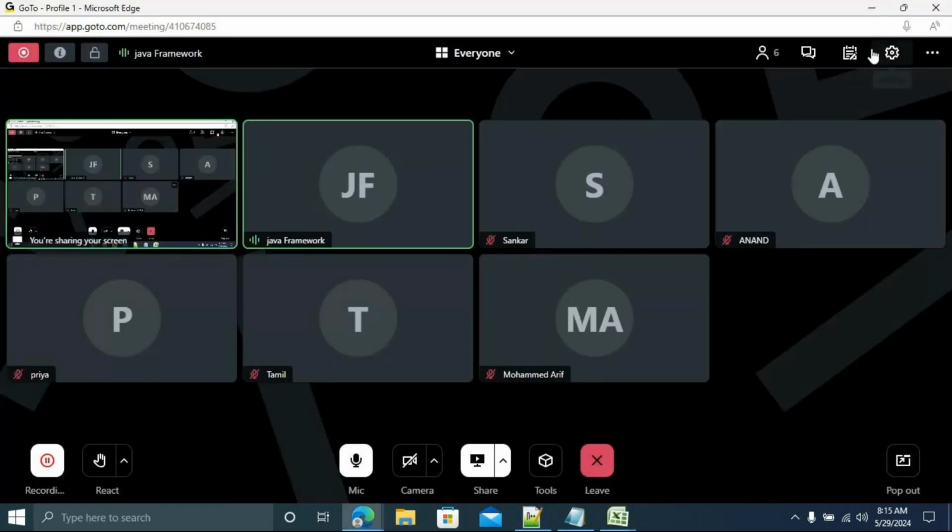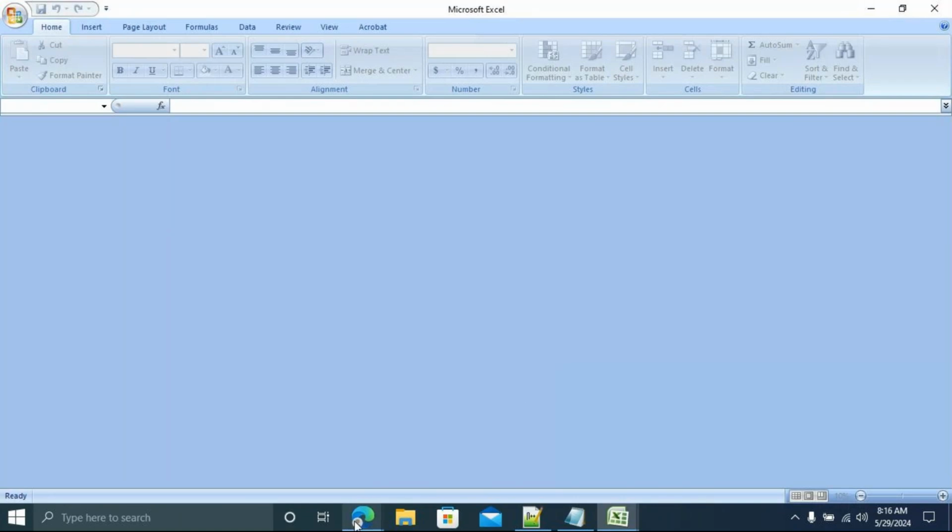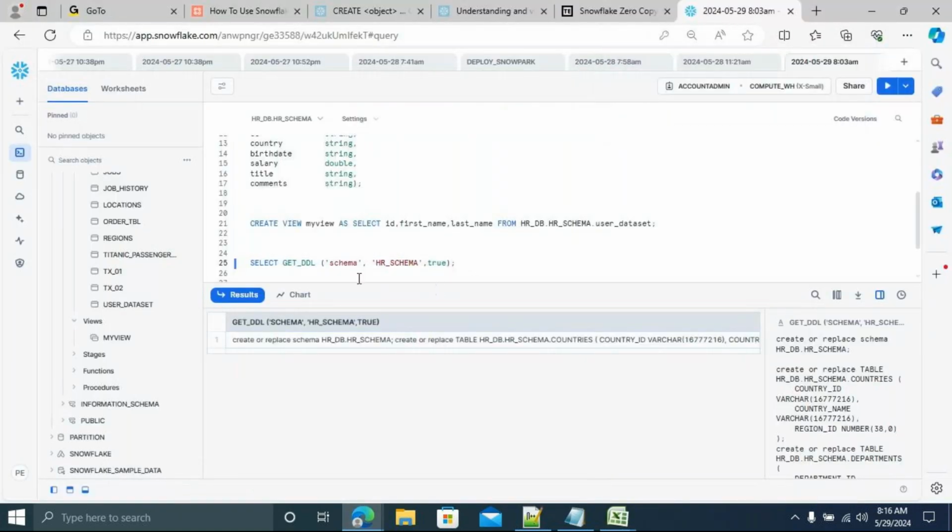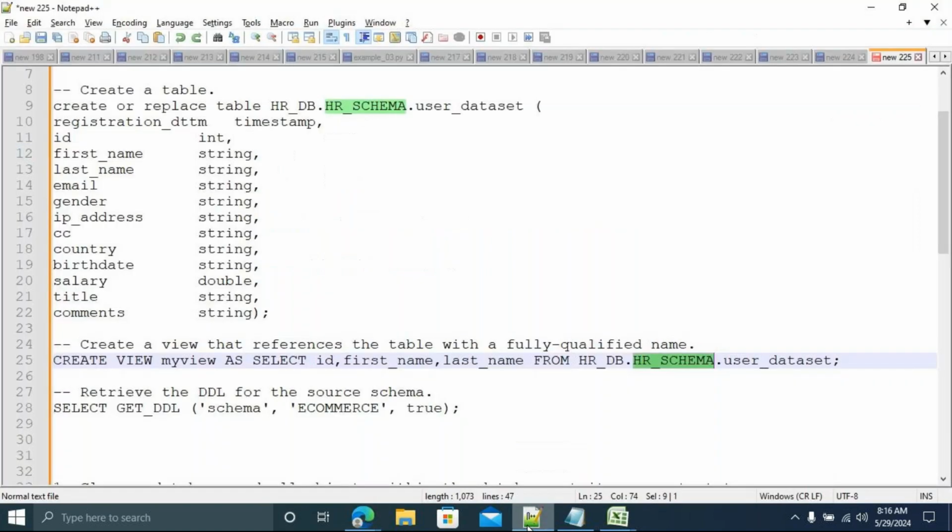Just remember this function, guys. Get DDL, schema, HR schema, give true. If you provide everything, it will give the schema name as well. If you want to see only tables, you can put the table and then put the table name here. It will give the corresponding table structure for you. Now, the next thing I want to show you is